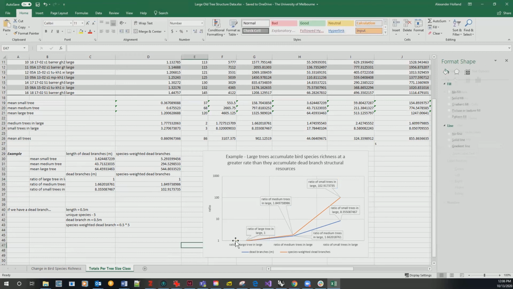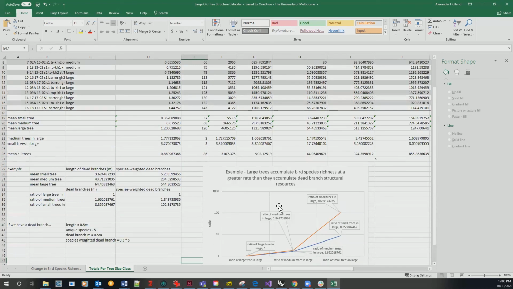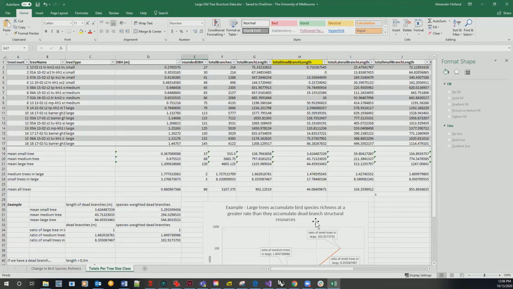And so that's this orange pattern here. That's how I'm making the claim that large trees accumulate bird species richness at a greater rate than they accumulate dead branch structural resources. So this is specifically looking at dead branches. I've also got that pattern for